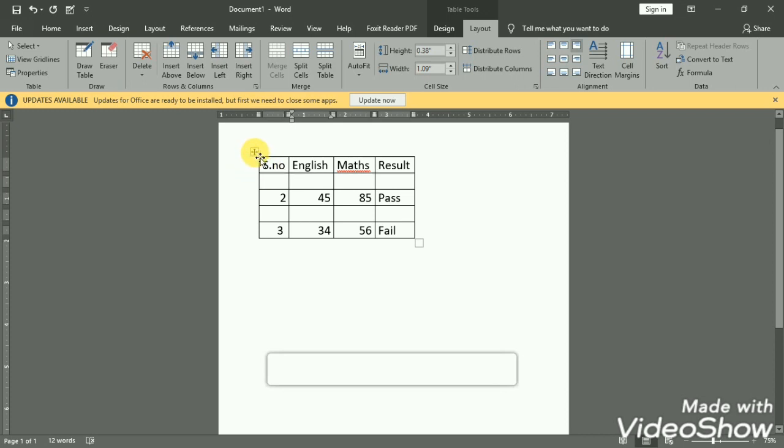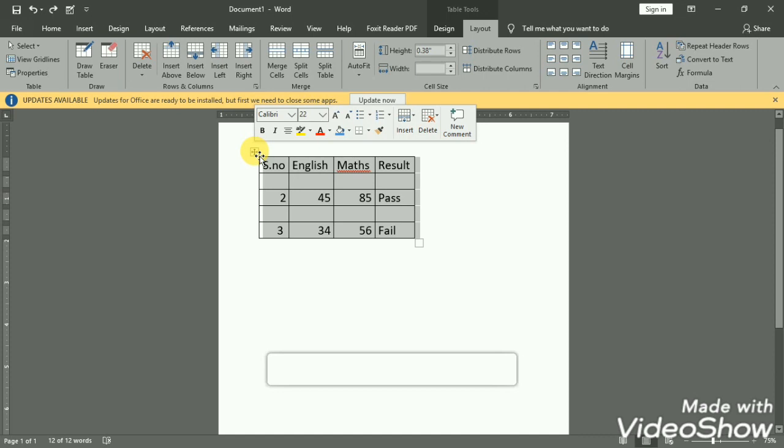Now press the Delete key on the keyboard, and all the data will be deleted. If you want to delete the structure of the table also, then you have to select the table and press Backspace, and my table will be deleted.